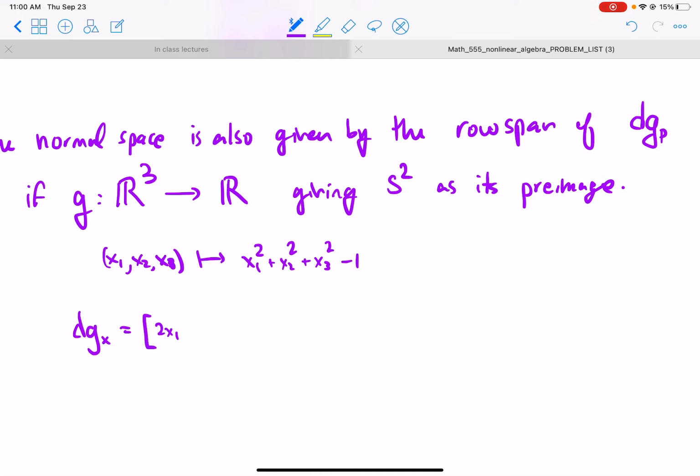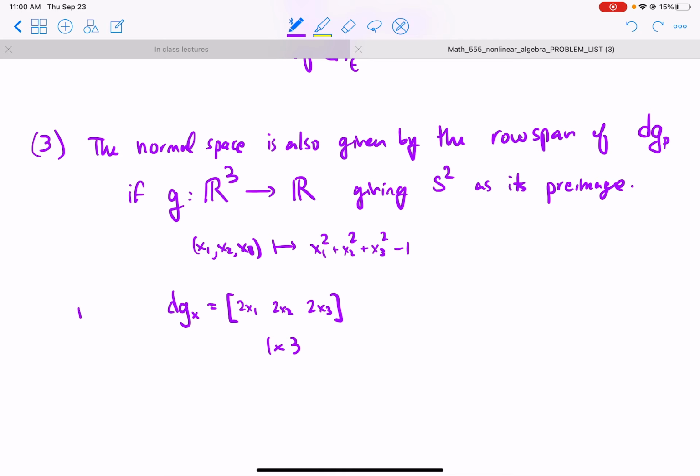I take the partial derivative with respect to x2, and the partial derivative with respect to x3. And this is a 1 by 3 matrix. And the row span of this is equal to